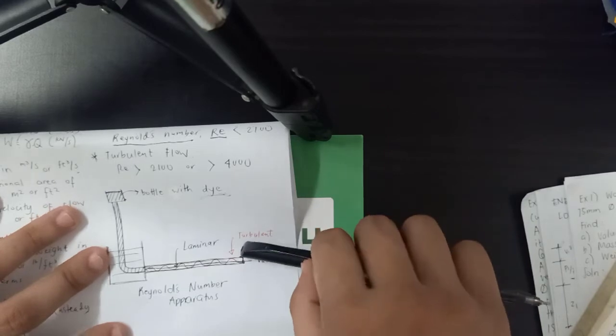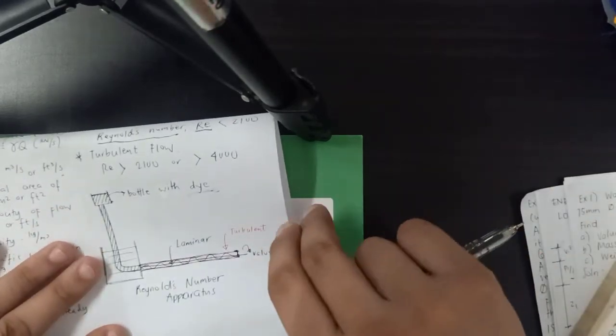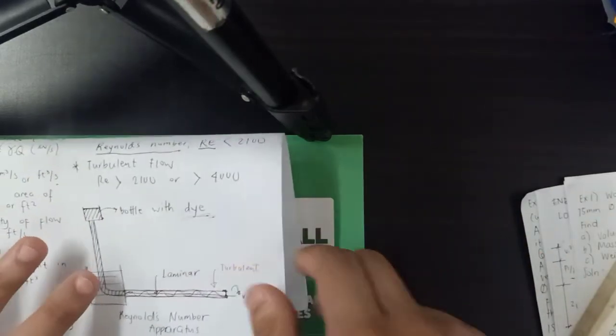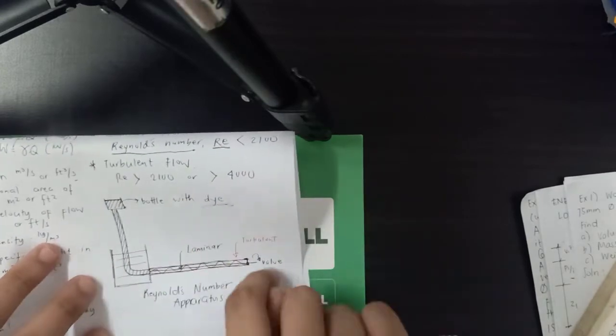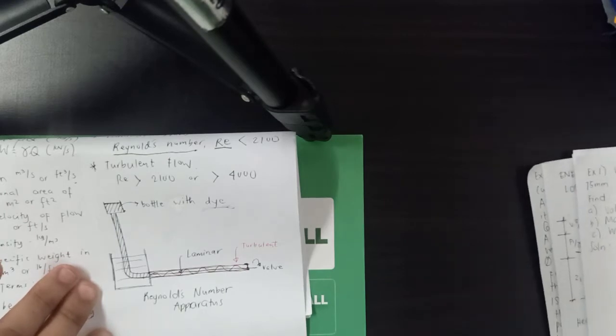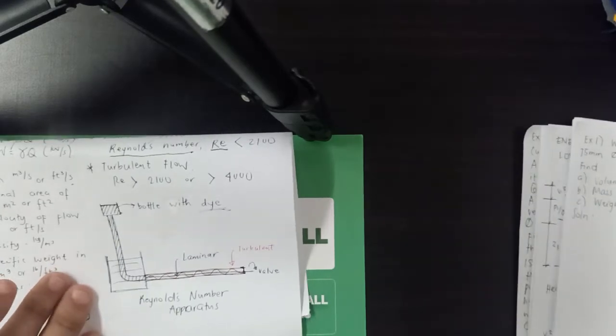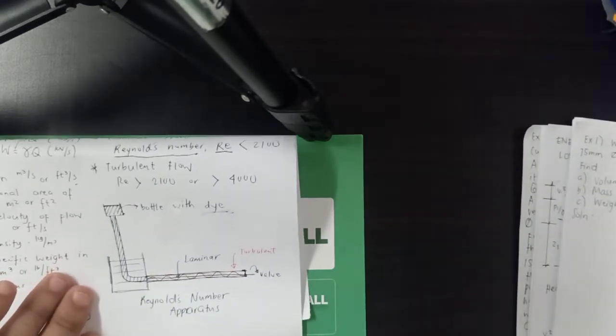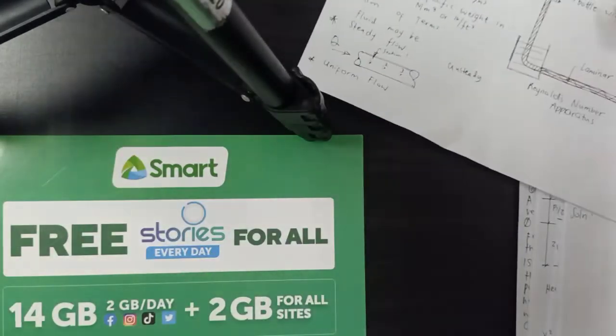And this is the valve. You can turn it on or turn it off. So that's why they have that apparatus, so they can know if the flow of a fluid or liquid is turbulent or laminar. For you to understand more about the topic, the best way is to show you